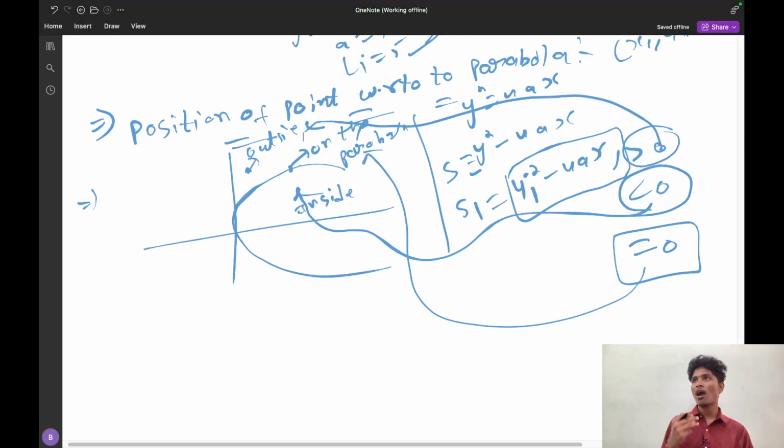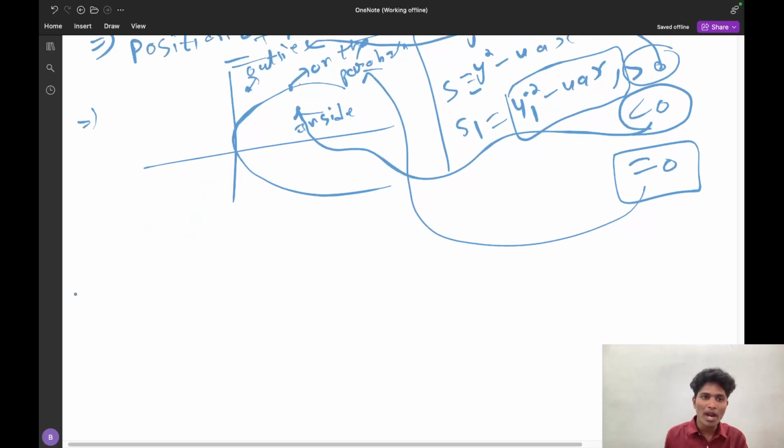After the point is given, you have to visualize the parabola and substitute the value. After substituting, depending on whether the result is 0, greater than 0, or less than 0, we can say whether the point is inside the parabola, on the parabola, or outside the parabola. Now this is the position of a point with respect to a parabola. What is the position